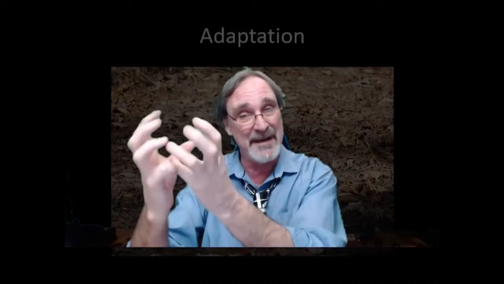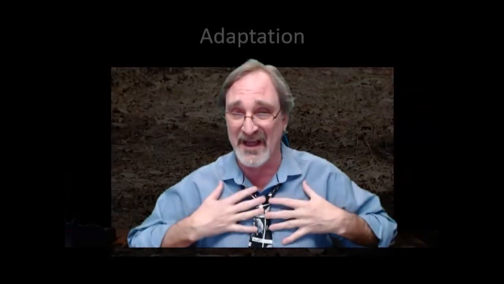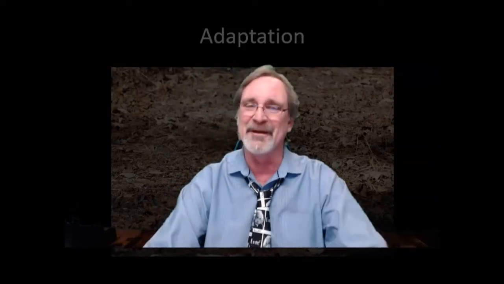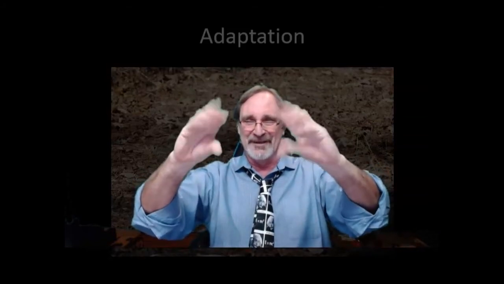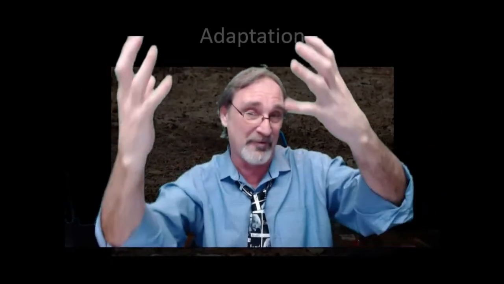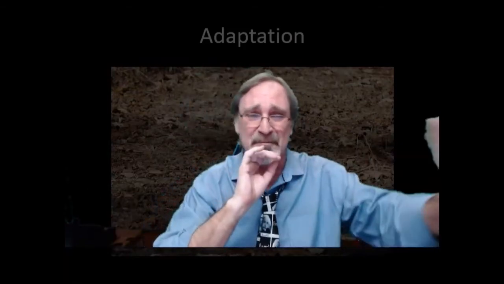But the second meaning isn't the process of getting to where it matches the environment, but it's used in terms of an organism having a particular adaptation to that environment, where it fits in with its environment to help it survive, and has a lot of physical traits that help it out. You could do a whole lesson on adaptations humans have. Human adaptations would be like opposable thumbs that we can grab things with, and we walk around bipedally on two feet. That frees our hands to be able to use tools, and we have a brain that's capable of imagining things that don't exist, which gives us creativity and inventiveness, and we have language to be able to communicate.